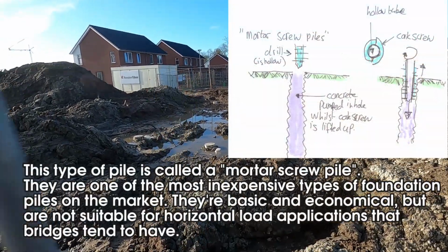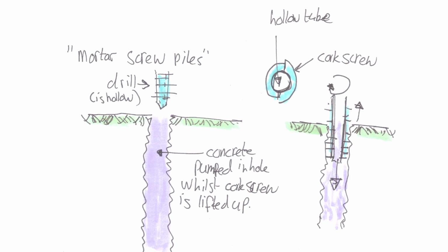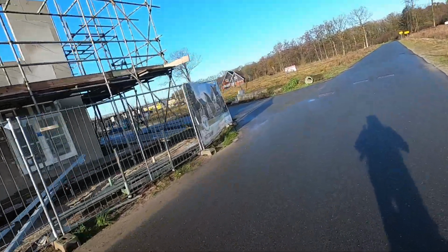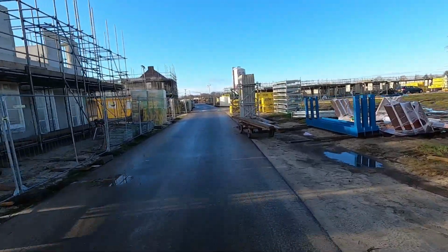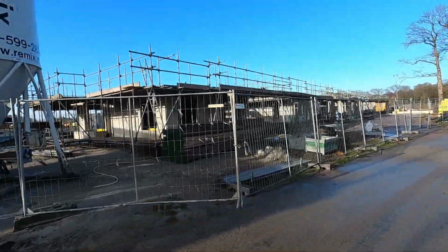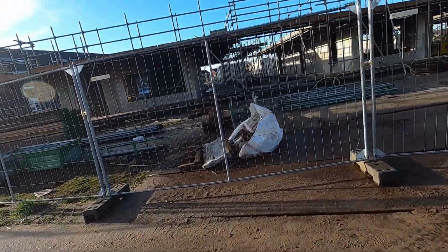That is a pile that they drill with a large drill, and then they pump concrete in the hole, and then they kind of scoop up the soil when they pull out the drill. Also, the floors for the attic have been installed as well. So let's check some things over here. So this is another block, and